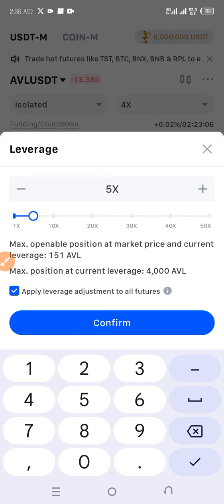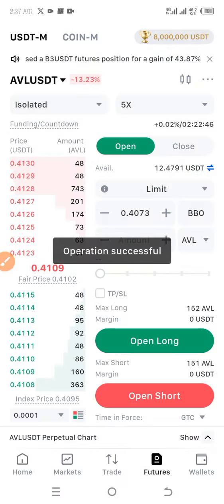All the trades I do, I always use 4x, 5x, because even if I know that the coin is going to go in my favor, I still want to be on the safer side, and I make a lot of profits on it. So I will just press confirm,